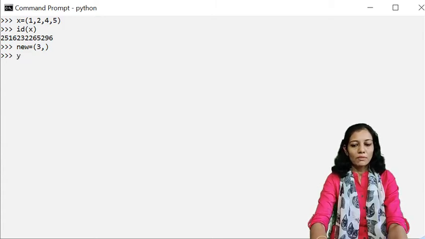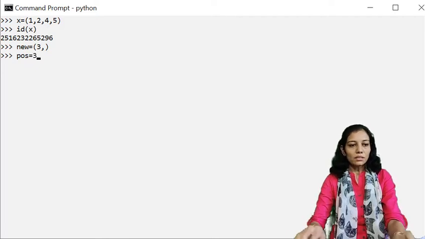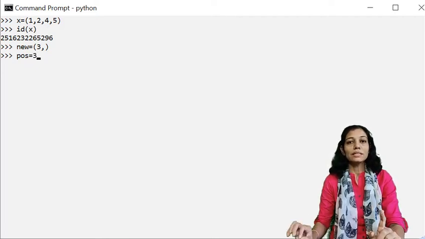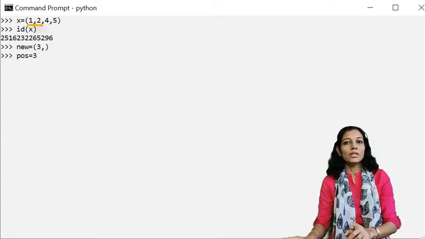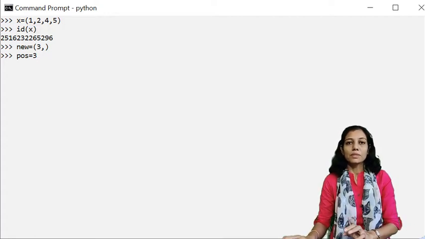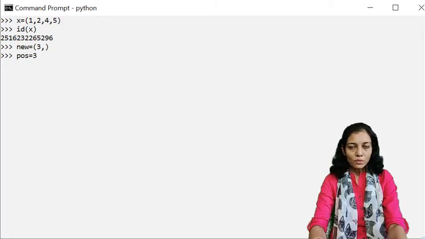One more thing, I'll be writing the position. At the third position I want to insert the element 3. So after 1, 2, the element 3 should be there in our tuple x. So this is the position where I want to have my new element.